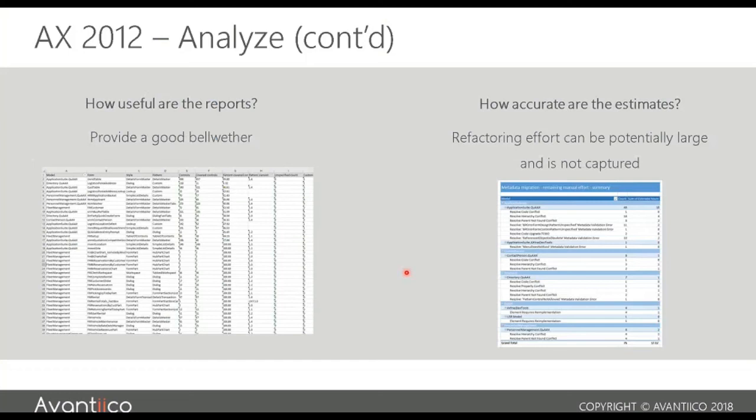Anything it cannot upgrade, you'll see, it will tell you that. But it will create work items for you in Visual Studio so you can help manage that process as well. Are these numbers accurate? I would say it's a high-level estimate, but the devil is always in the detail, especially